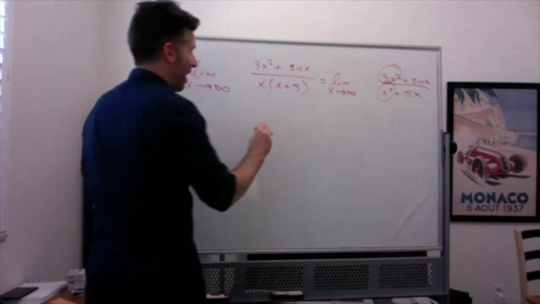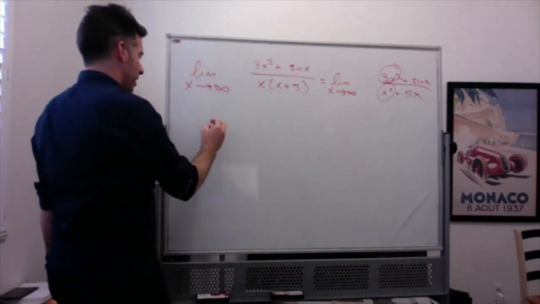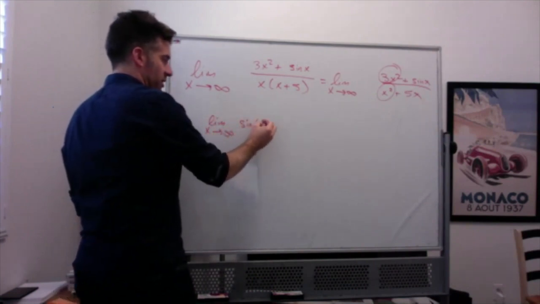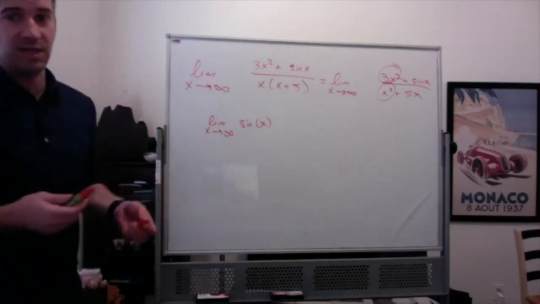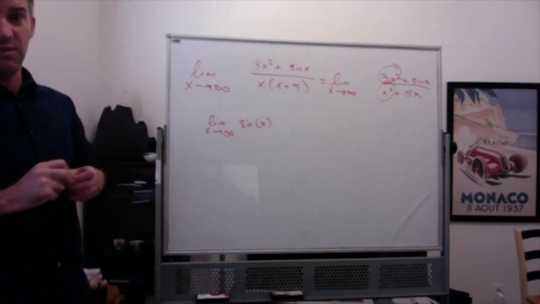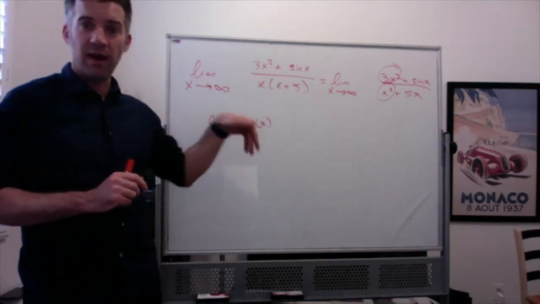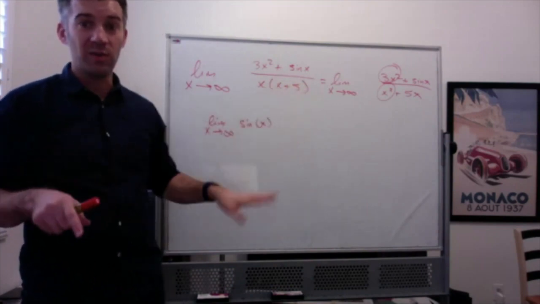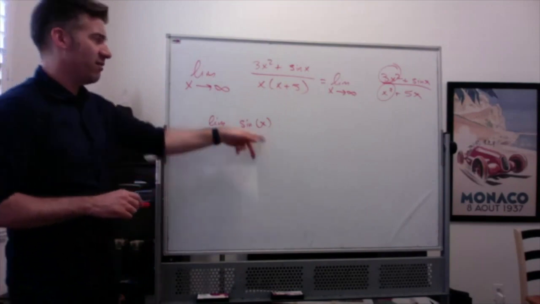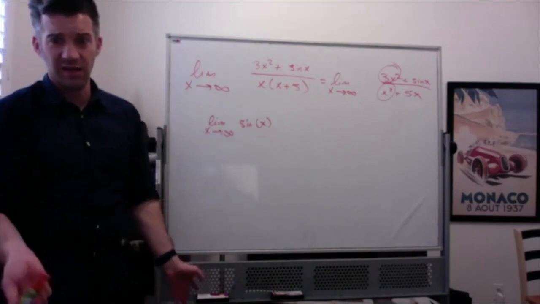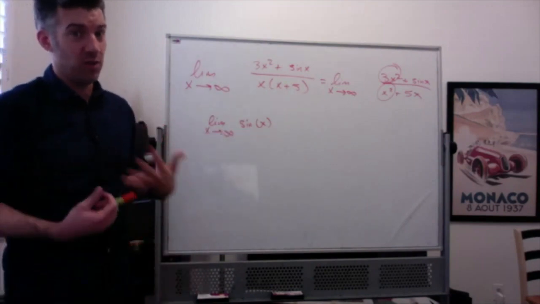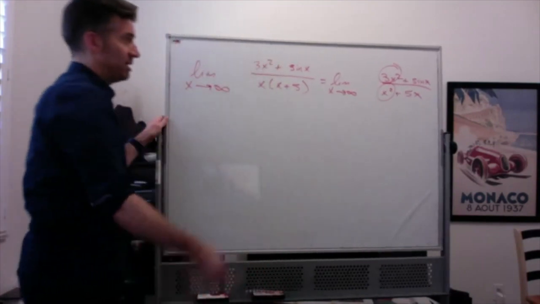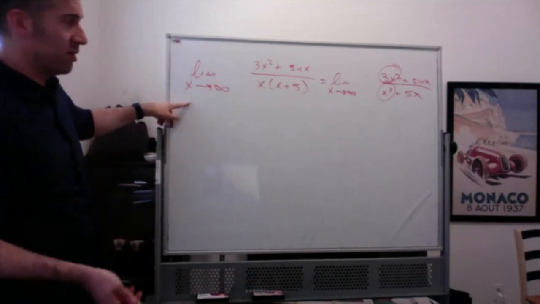Because here's the thing. In fact, none of us know, because it's not knowable, what the limit as x goes to infinity of sine of x is, because it keeps oscillating. It goes back and forth and back and forth between 1 and -1, right? But it is always between 1 and -1. And it doesn't matter if it's sine of x or sine of something super crazy. It's still always between -1 and 1. So what I always want to start with, when I see a sine or a cosine and something going to infinity,